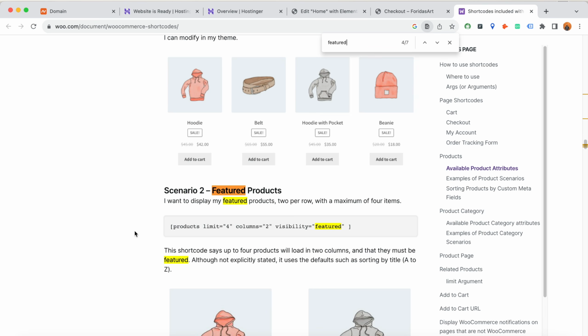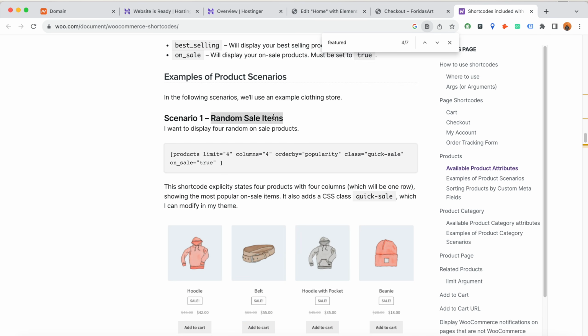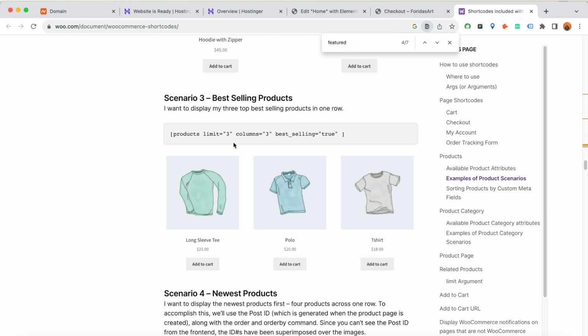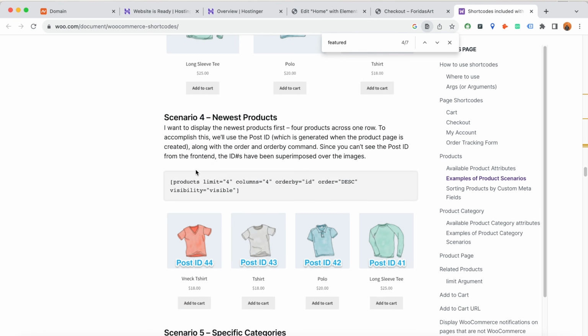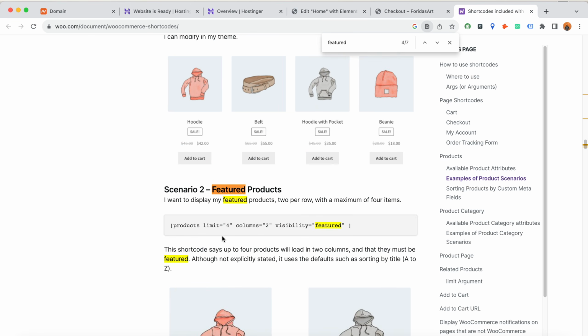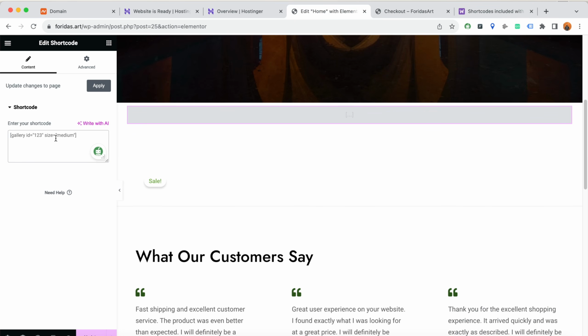And type out featured products, and here we go. We have got scenario 2 featured products, but if you want, you can add random sale items, you can add best selling products, you can add newest products by following the process, but I'm showing you just the featured products. So I'm going to copy this and I'm going to paste this code right here,